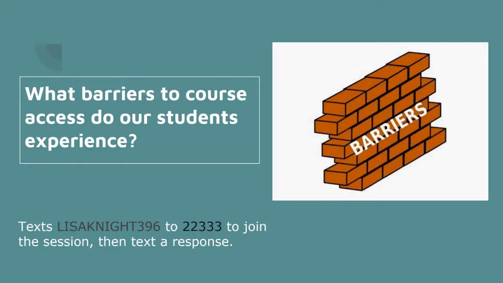So on your phone, and I'm putting it in the chat as well, Lisa Knight 396 to the number 22333. And what I want you to do when you text that, then you'll get a text